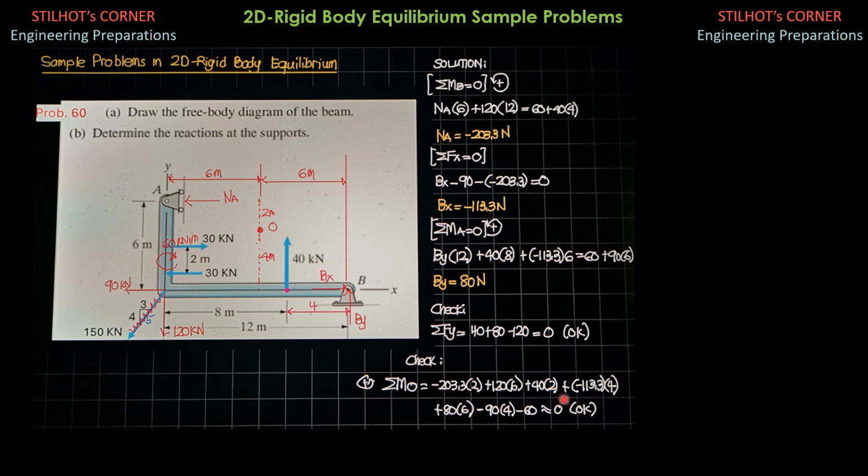Then calculating, that is almost 0. There's a difference, I think 0.2, but 0.2 compared to these forces is very, very small. That is understandable because we rounded off the values of these reactions to 4 significant figures. Remember, other values are repeating, and 0.2 newton is very, very small. So that's it for this part.